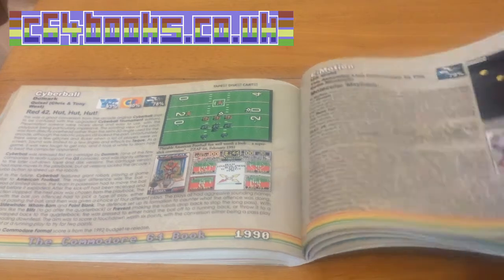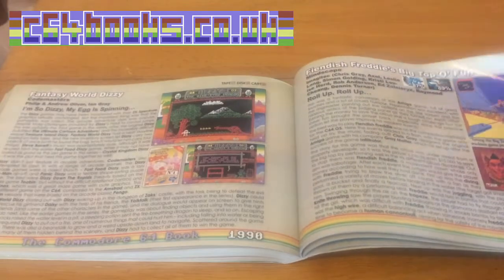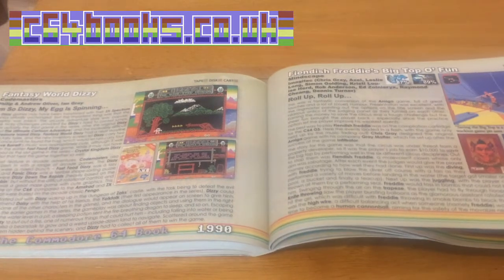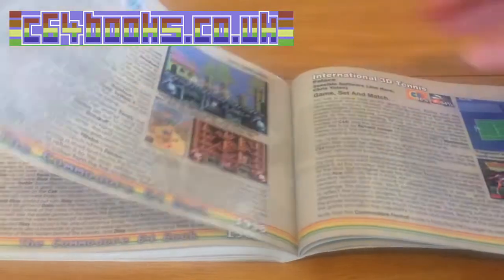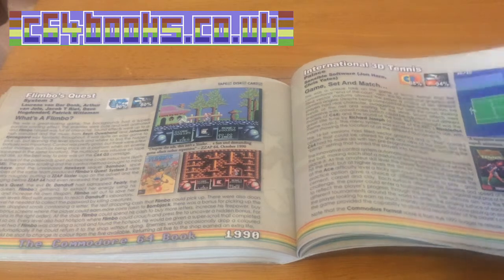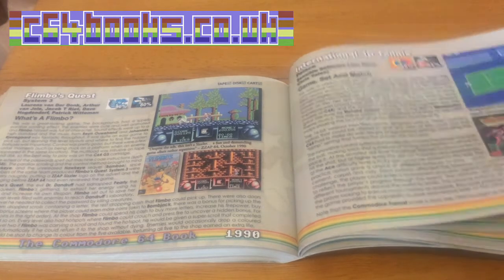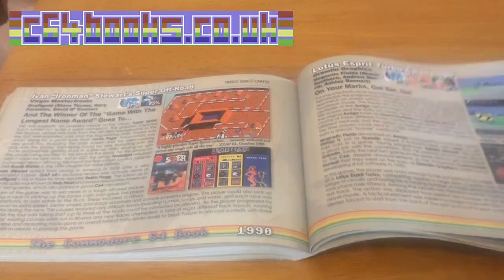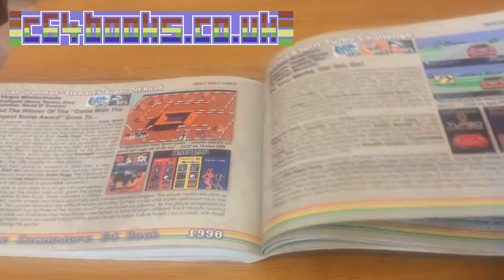Cyberball, fun on cartridge. Emotion, Fantasy World Dizzy, that's my favourite of the Dizzy games. Talks about some of the others. Fiendish Freddy's Big Top of Fun, best played on the C64 GS cartridge, and likewise Limbo's Quest, because they're multi-loads, loads instantly from cartridge. International 3D Tennis, Ivan Iron Man Stewart Super Off-Road, Lotus Turbo Challenge, brilliant conversion